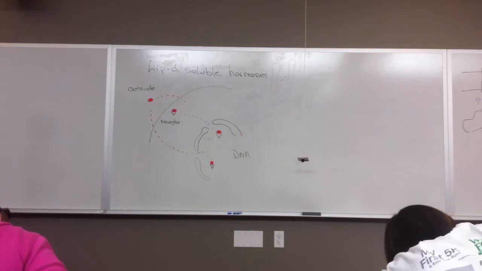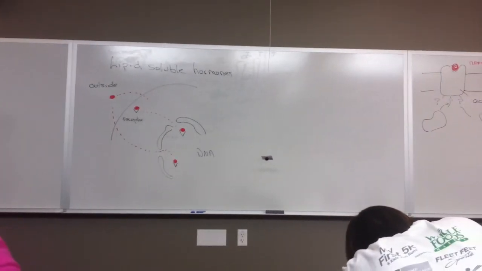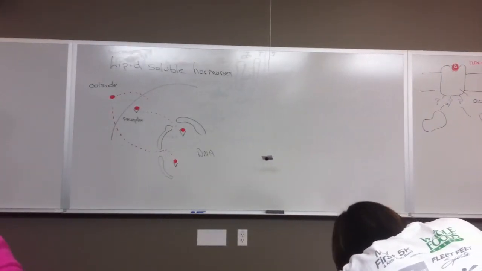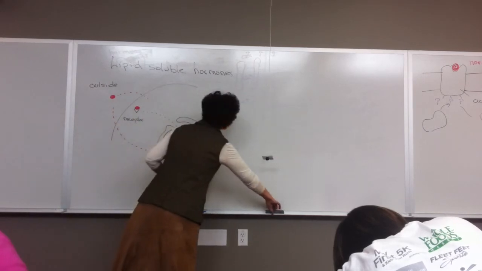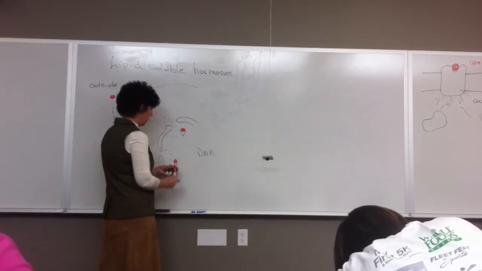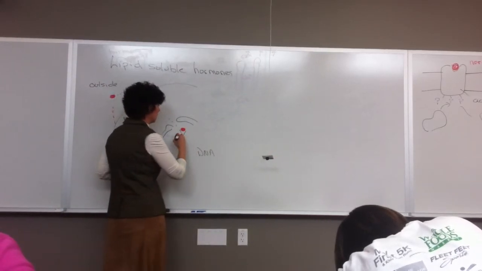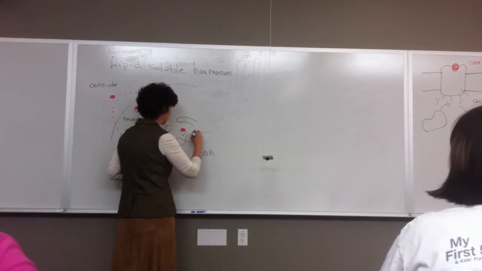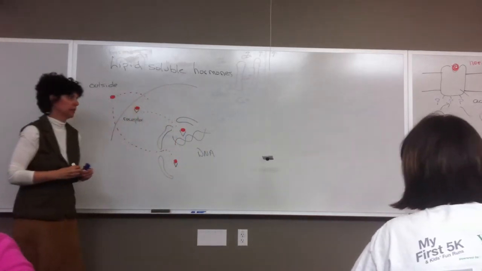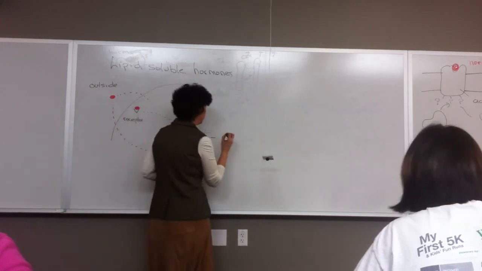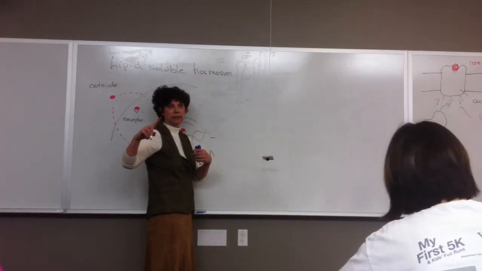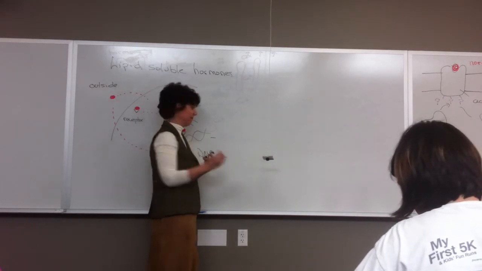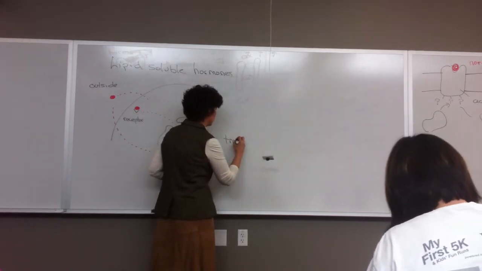Rather than causing a protein to be activated, they actually cause a new protein to be synthesized. So the receptor and its hormone interact with the DNA and result in, what do we call the process of copying the DNA into messenger RNA? Transcription. So transcription occurs,